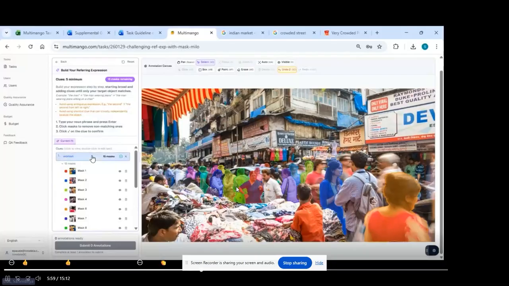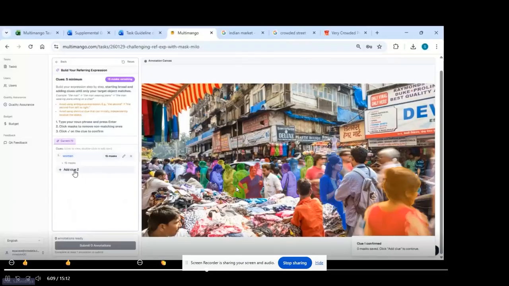So yeah, I think this works and I can just rough check before I click on confirm. So I'm confirming this. Then we can add clue 2, which is